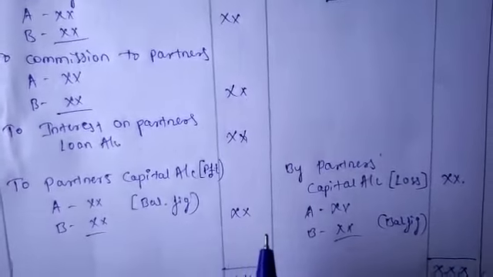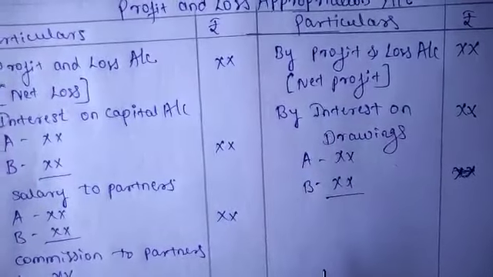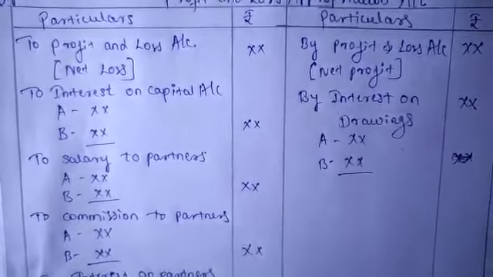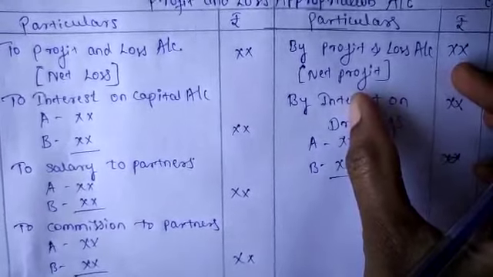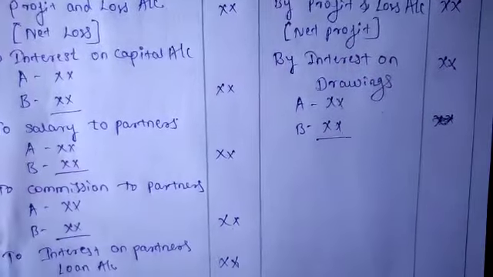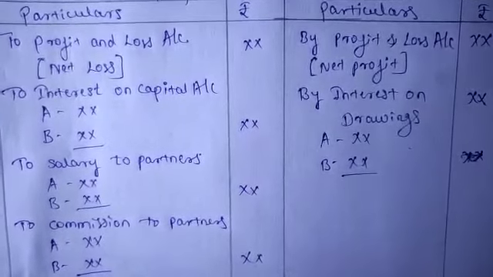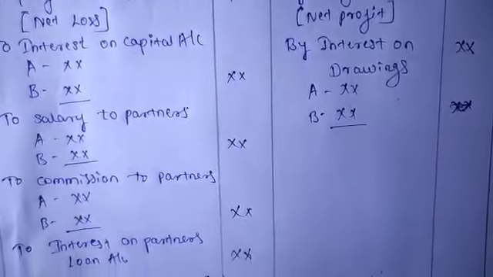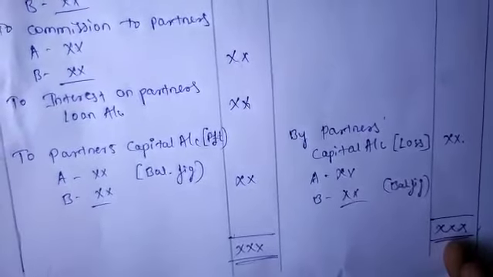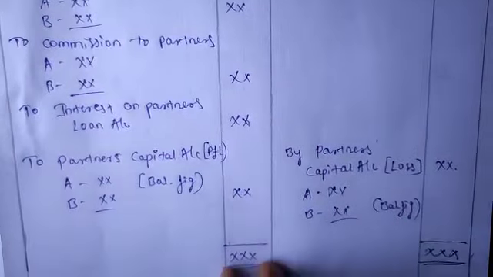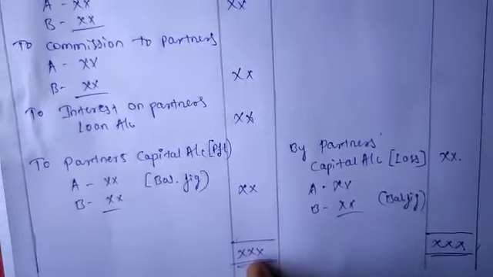And the last procedure is closing the account. First make the total. Which side is more? Most of the time the credit side will be more, because the fund is more than the expenses. Income is more than the expenses. That's why the credit side is more than the debit side. So put the total in this account, and put the same amount on the debit side also.